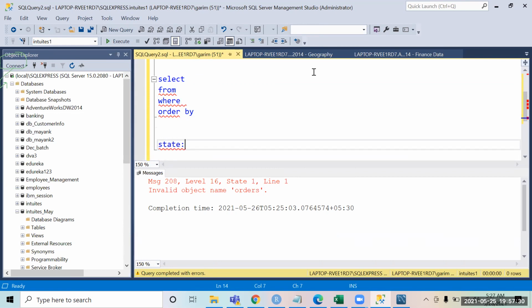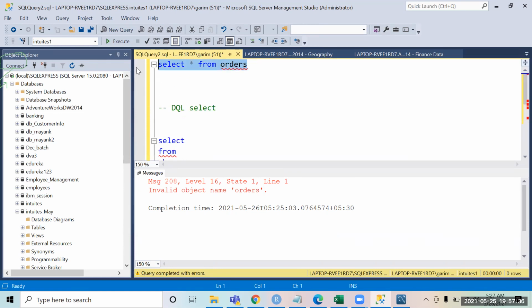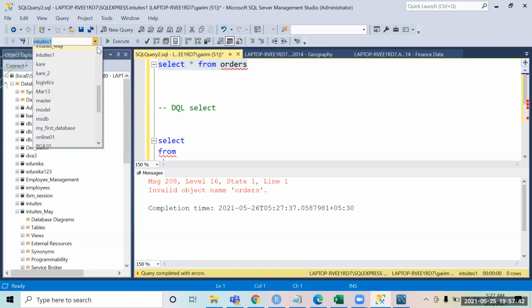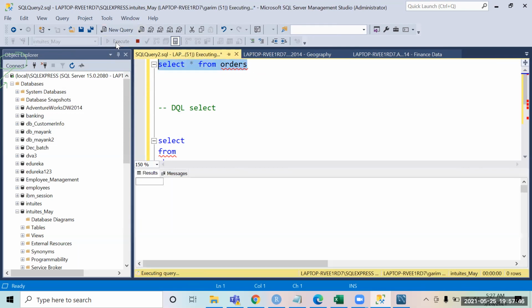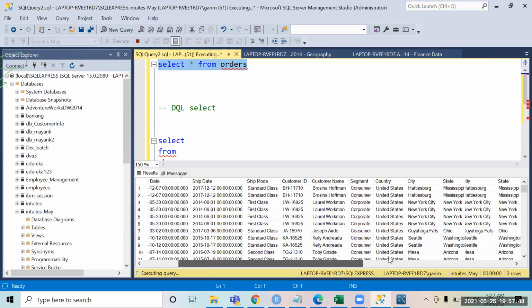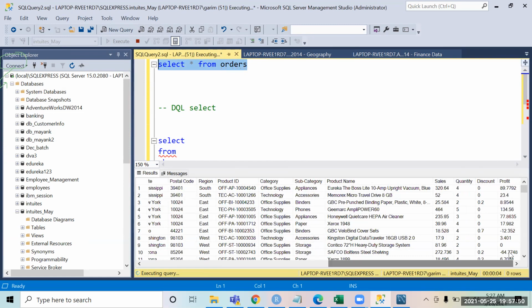Just fetch the data of these three states. You want all the columns for these states, all the rows. Okay, all the rows for these three states.